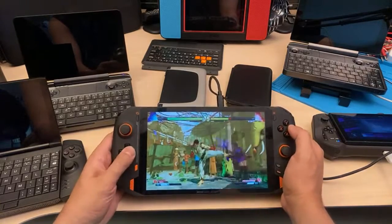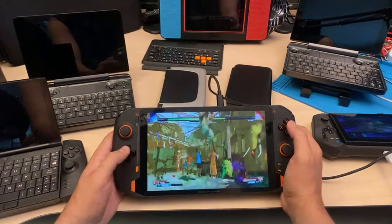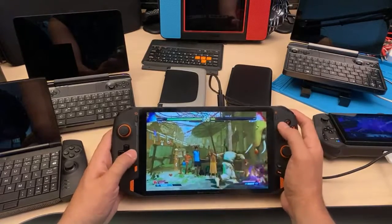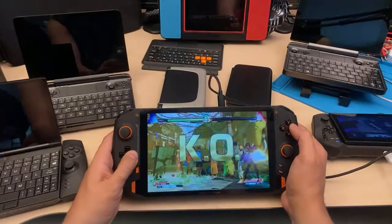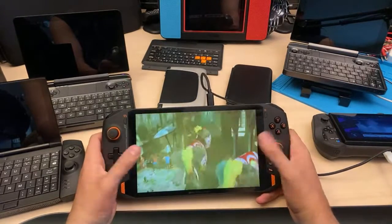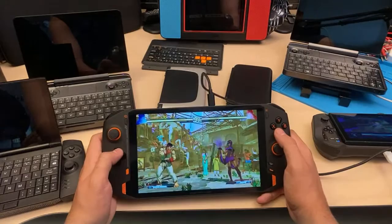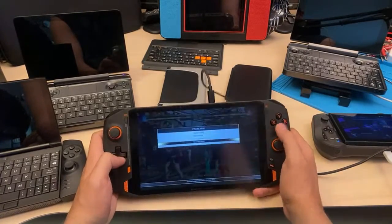I need to connect my arcade stick to this. I got a portable arcade stick. This would be heaven with it on the go. The screen is big enough and performance is good enough for it to be used with an arcade stick. So yeah, this is the regular model and you're still getting good performance. You'd probably get better performance with the other one, but